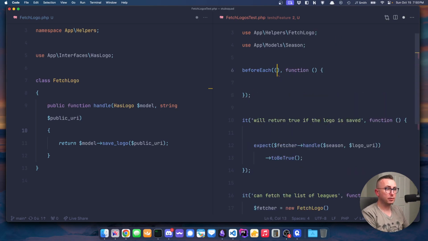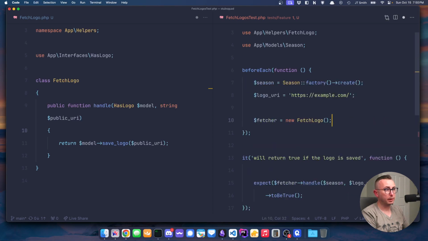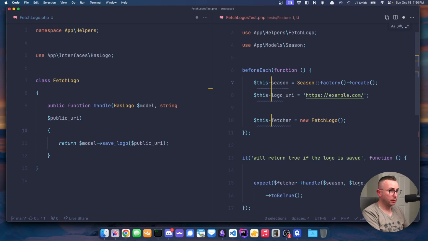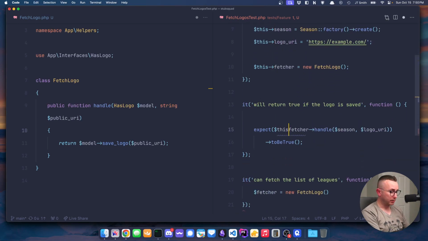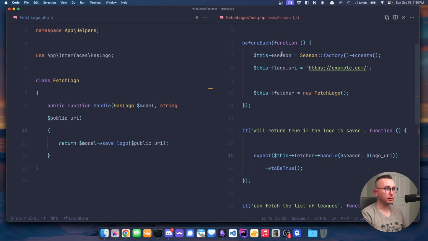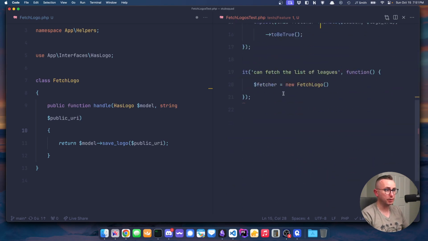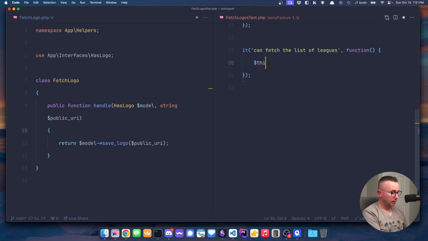Is it just the one? Okay, so we're going to say $this. Basically all we're doing is raising that up so that we don't have to keep doing this in every single test. So it'll always create a season, it'll always create a basic URI, and it'll always create a fetcher. So now I can just go this